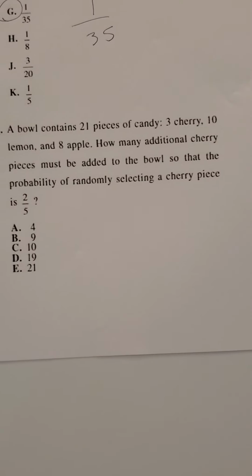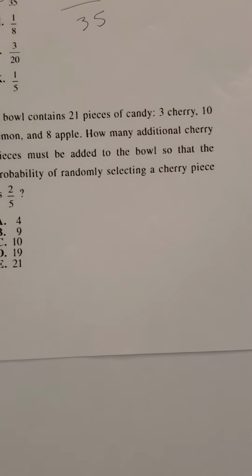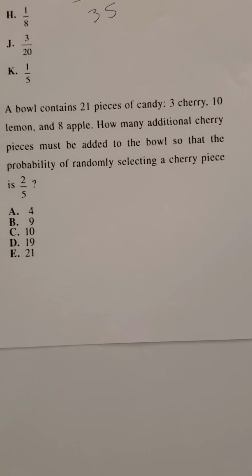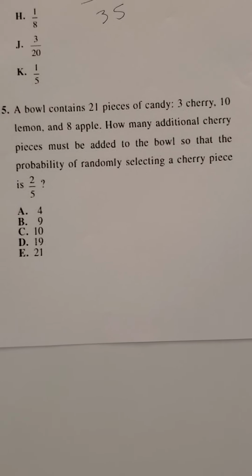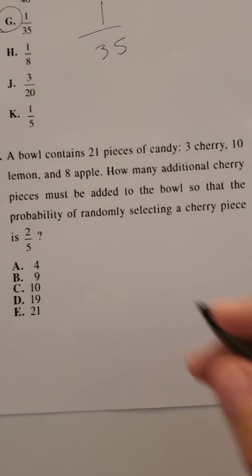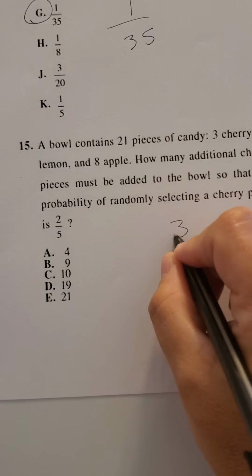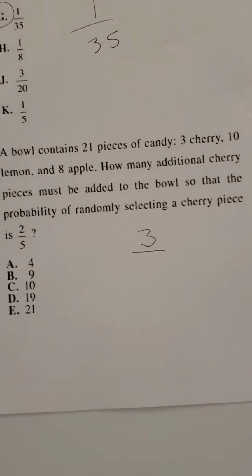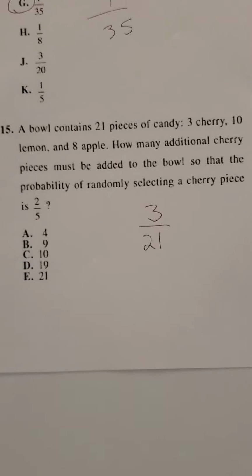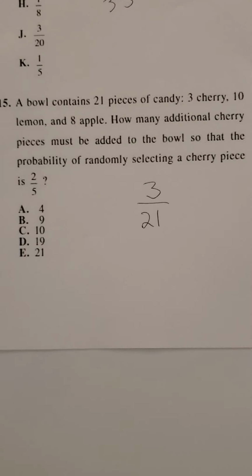All right, you've got 21 pieces of candy in a bowl, 3 cherry, 10 lemon, and 8 apple. How many additional cherry pieces must be added to the bowl so that the probability of randomly selecting a cherry piece is 2/5? Okay, so right now you have 3 cherry, right, out of 21 pieces, right? So if you want to end up with 2/5,